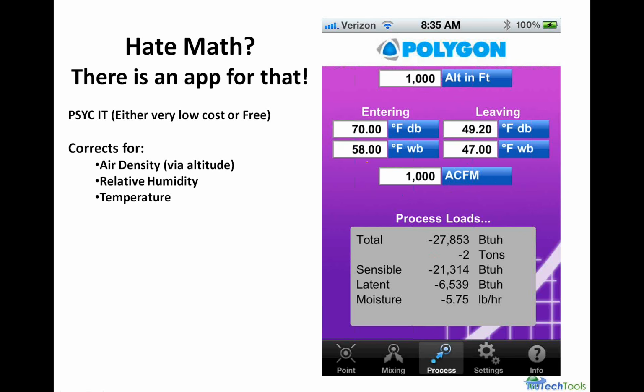You can see here with that information I put in there is 27,853 BTUs of cooling. And that's actually closer to 2.5 tons. This doesn't round to the half. It's one-ton increments. It shows you your sensible, shows you your latent, and it shows you your moisture removal in pounds per hour. So this is an iPhone app. I mean, it's pretty slick, pretty simple. It allows you to make the same measurements,